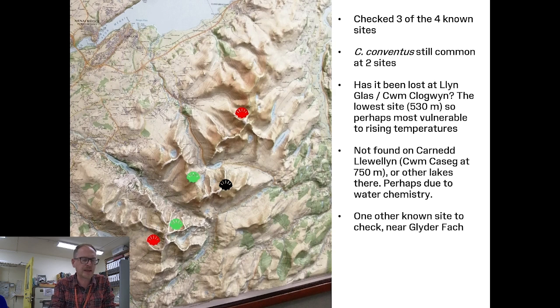So we found out as much as we can at this point. I think we're looking for it. There's a lot more that could be done. There are loads of lakes in Snowdonia. I would love to know what would happen if you could sequence these species and then use eDNA methods to find out how much more widely they would occur. But now I've changed my perspective on it. Now I've seen the species in the field and gone to some of these sites, I do think it probably is just about as rare as we think it is, and it's not likely to be hiding in places where it could easily be found.